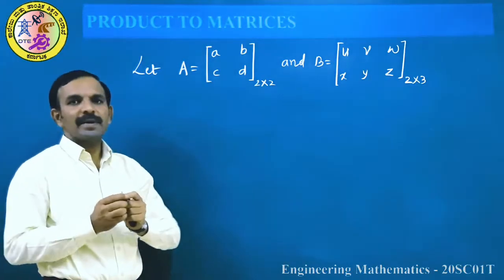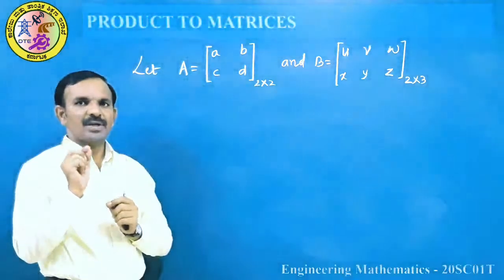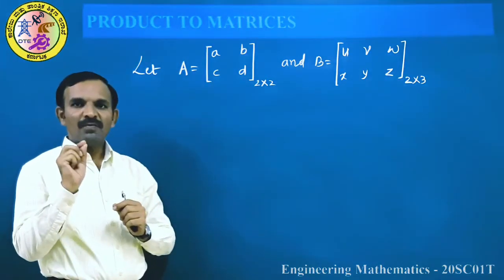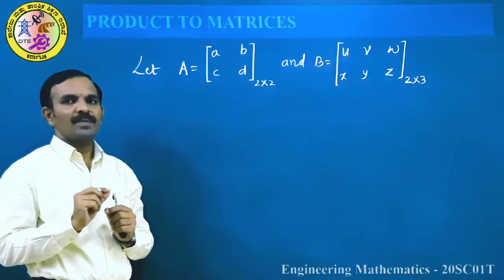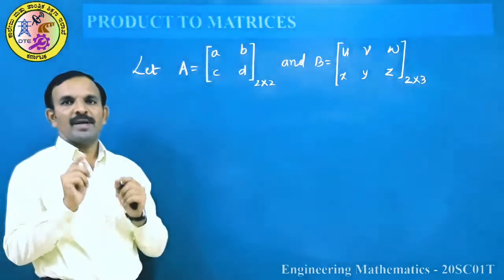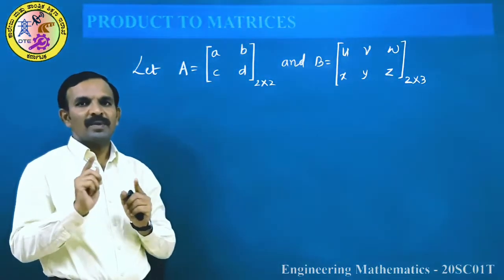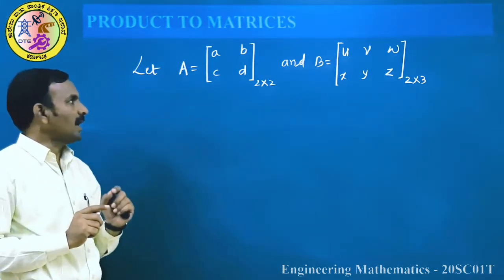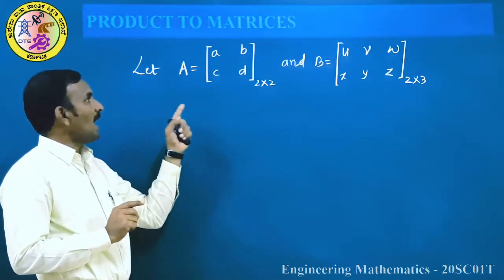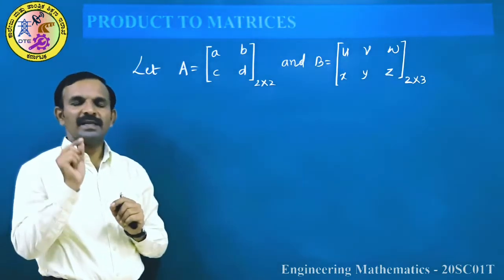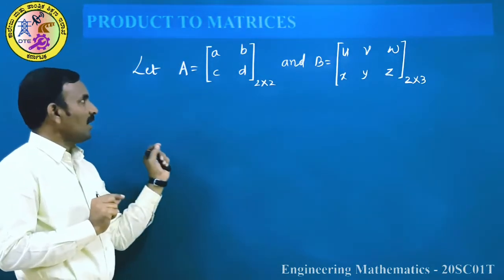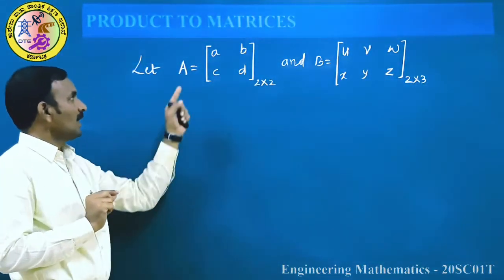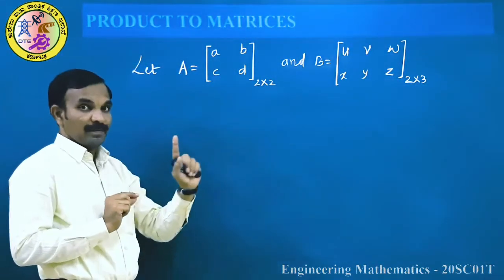When we learnt addition and subtraction, we have seen one condition, that is to add or subtract the matrices, order of matrices must be same. In the same way, to multiply two matrices there is a condition. While multiplying we are going to use row by column method. Therefore the number of columns in A